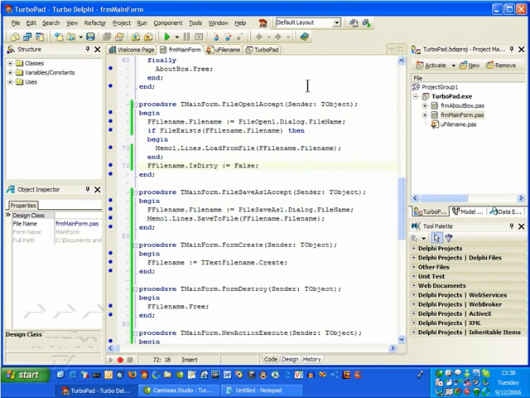Now, of course, we haven't used the IsDirty property much yet. We haven't really checked anything with it. So in the next one, we'll start showing how we need to keep track of pieces of information like, is the file dirty? Or should we save it before we create a new file or open another file? That kind of thing. But for now, that'll wrap it up for this version of Turbo Delphi Demos. Thanks for listening, and we'll see